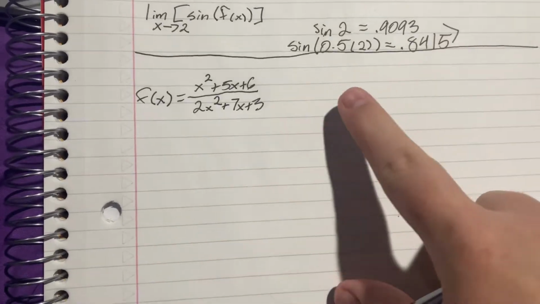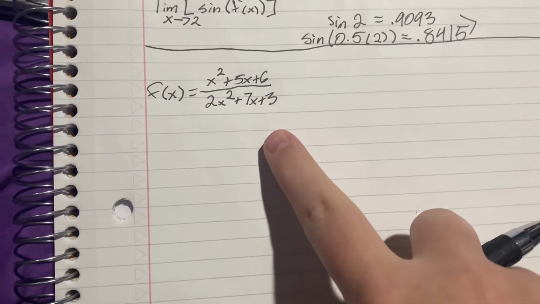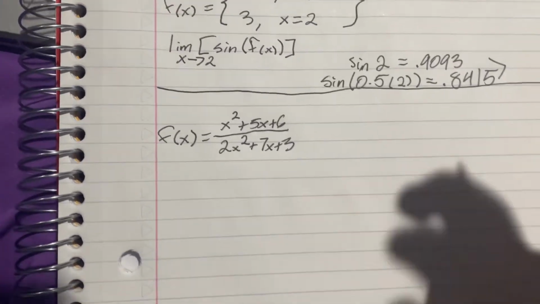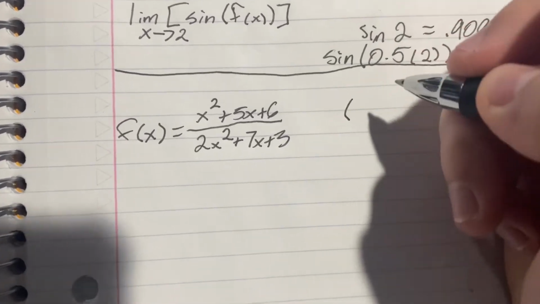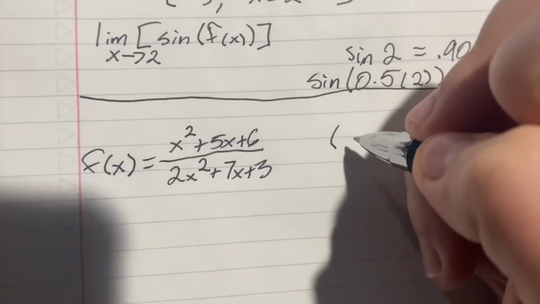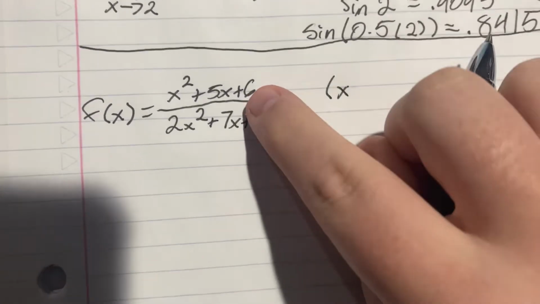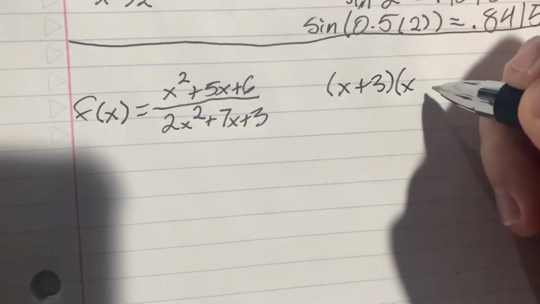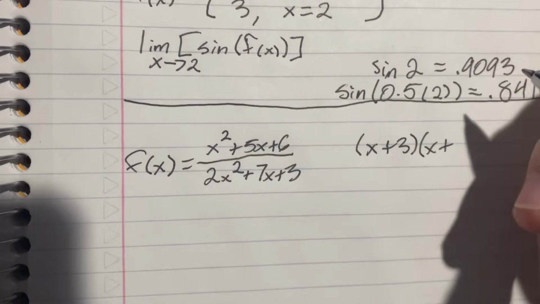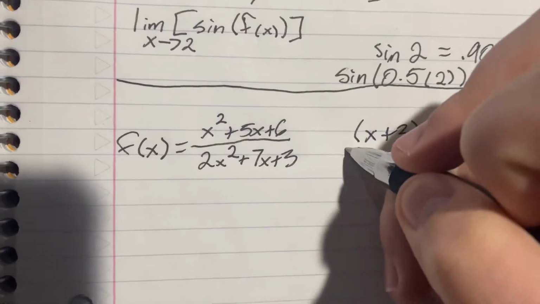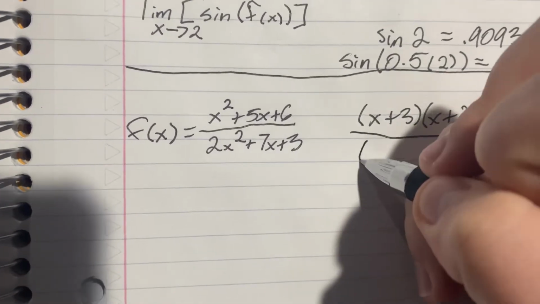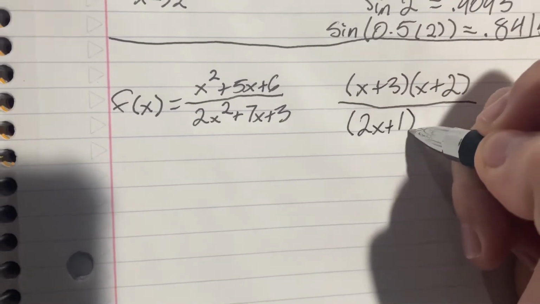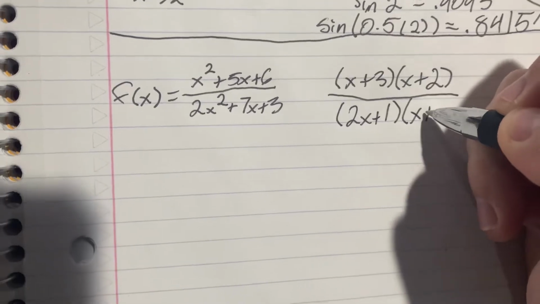For number 2, it is asking where f is not continuous. So the first thing we are going to have to do is to factor both the numerator and the denominator. So in order to factor this, you got to do x plus 3 and x plus 2, because when you FOIL that, that is what you end up getting. So go ahead and do that, and then for the bottom, it will be 2x plus 1 and x plus